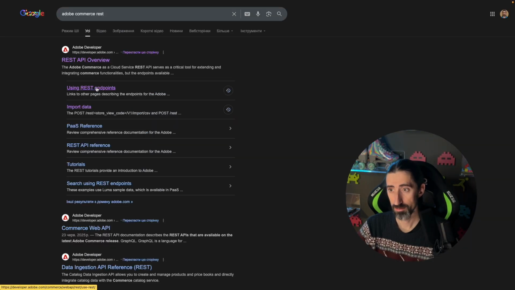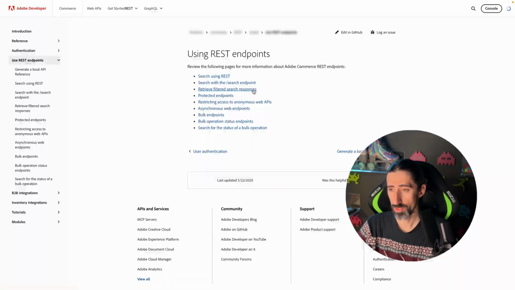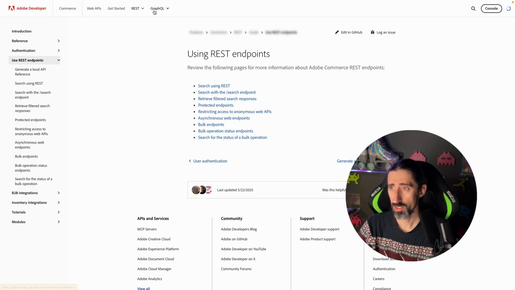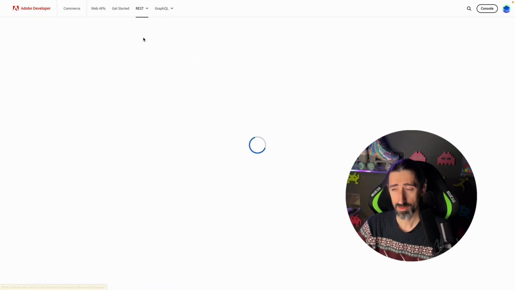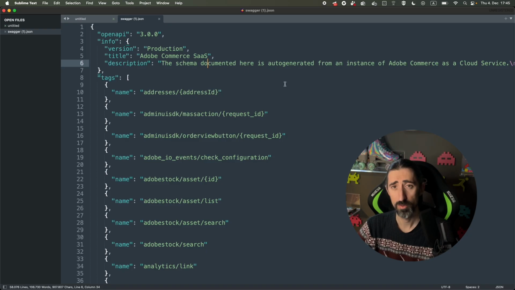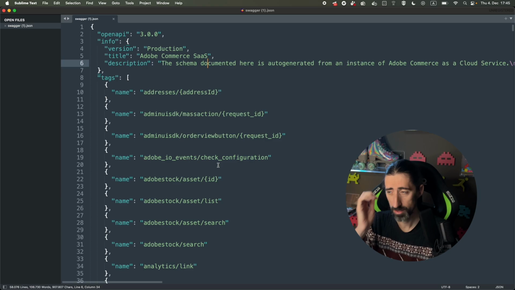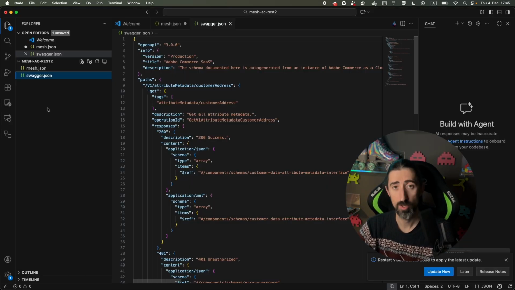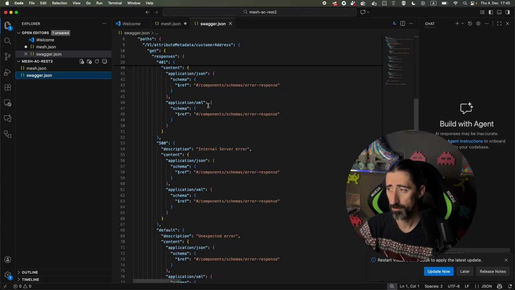So how I get the REST schema: you can go to the REST endpoints. You can check the SaaS reference because we're on SaaS. And then you can click and download the schema. After you download the schema, it will look like this. You will have an OpenAPI schema with all the endpoints you need, and this one you can just add to your mesh file. So what we are doing, we will place the Swagger JSON file into the same folder,